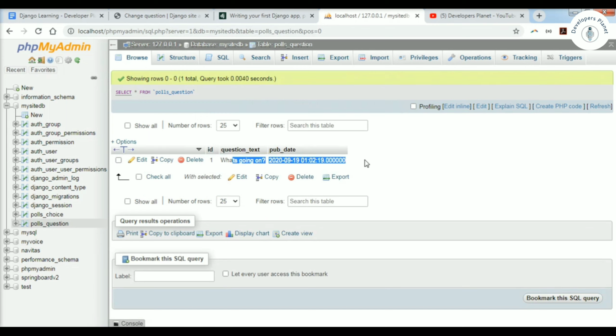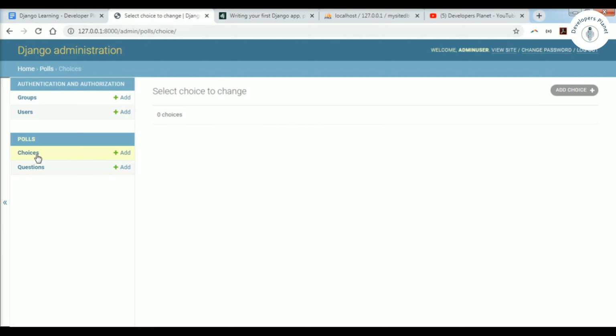So it's very easy. From the admin panel we can register our Choice model also. Let me show you that also. Import Question, Choice, and let me type once more admin.site.register(Choice), and it's reloading. Yeah, it's done, it's running fine. Let's go to our admin panel and refresh it. So here we are getting choices also.